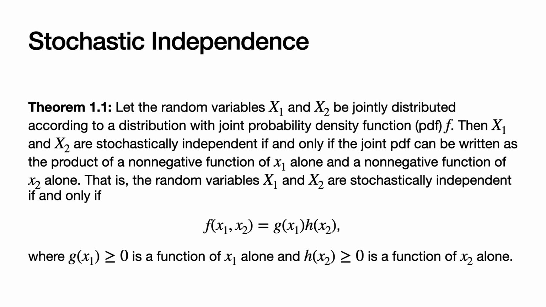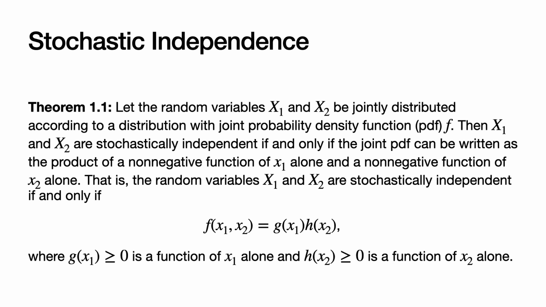Now, this result looks a lot like the definition, but here's the thing. The functions g and h are not necessarily the marginal PDFs of x1 and x2. These are any functions of x1 and x2 alone, as long as they are non-negative, as long as g is a function of x1 alone, and h is a function of x2 alone. And so what this allows us to do is convert the task of trying to determine whether two random variables are stochastically independent from having to find the marginal PDFs into a factorization problem, and this is much, much